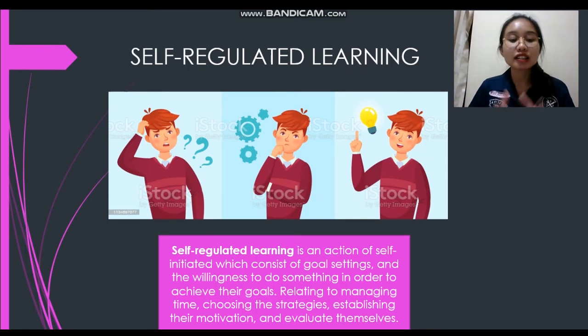And the next one is establishing their motivation. Motivation is really important. It's related to the willingness to do something. They need to increase their motivation in order to have the ability to achieve what they want to do next. And then they evaluate themselves. Evaluating relates to monitoring